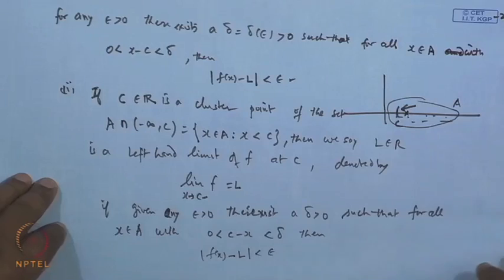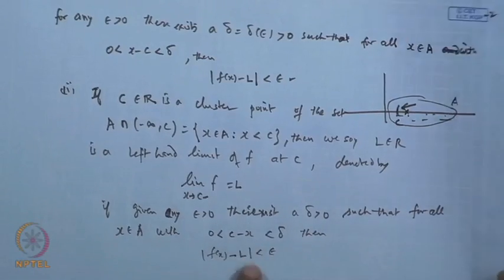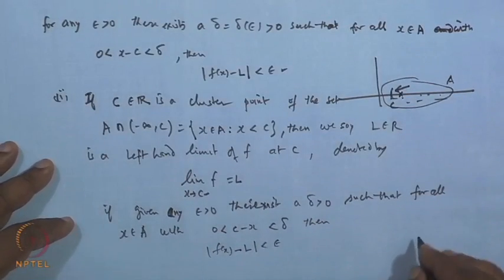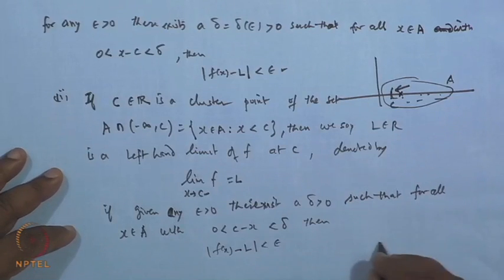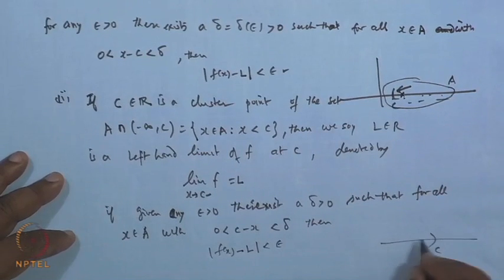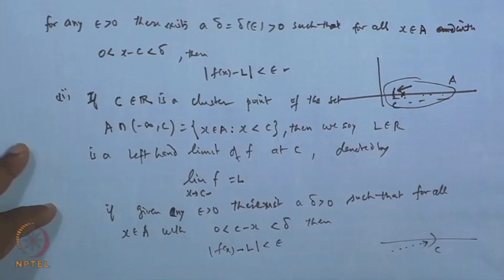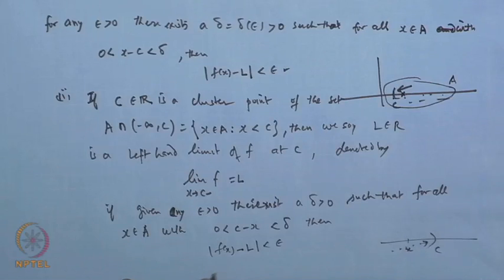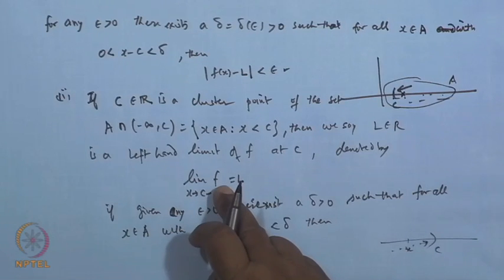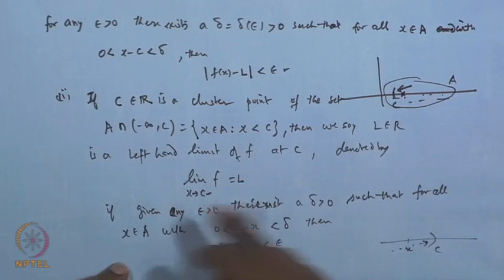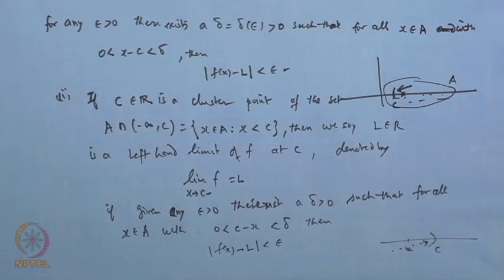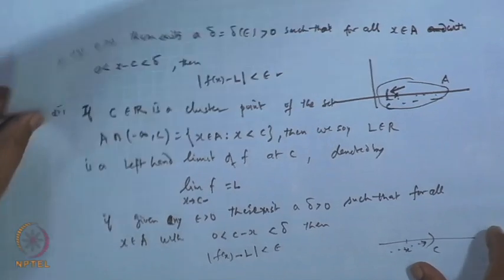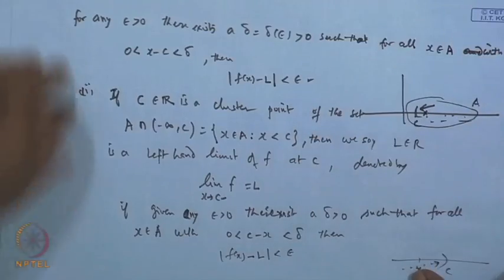So, this is our left hand limit. We are approaching C from the left hand side, that is, this is the interval C and the approach is from this side. So, when you take the x point here which approaches C from the left hand side, and if this condition holds, then we say the function has a left hand limit at the point C. Okay. So, the left hand limit and right hand limit we define this way, and we have seen the example of the function sin x,